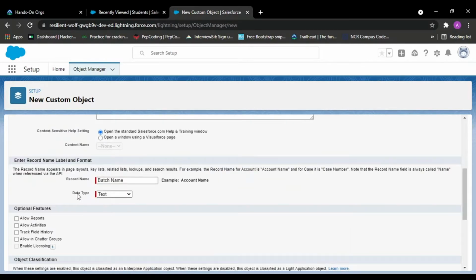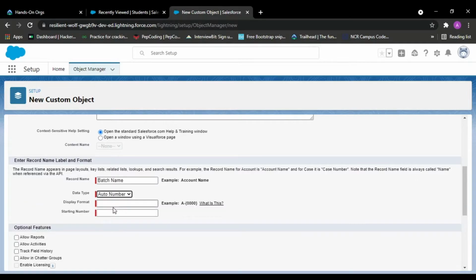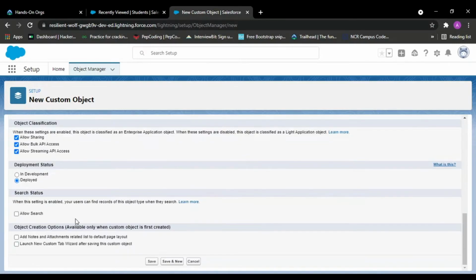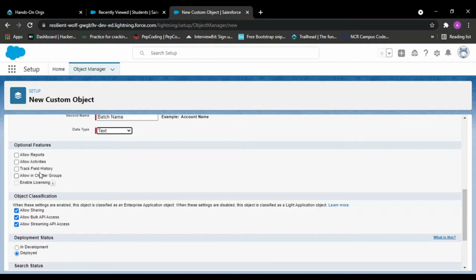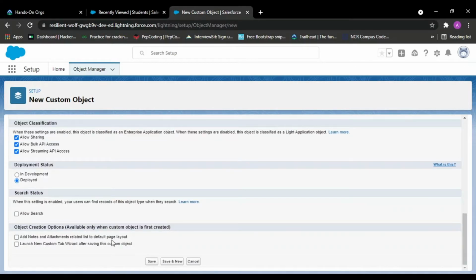Object name would be batch, and data type would be auto number, display format, or let it be text only. Leave everything as on there and just launch a new custom tab wizard. Save,